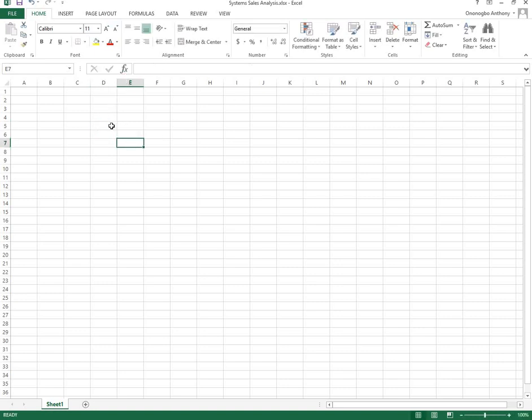So for example, let me just enter a function manually here, say equal sign 2 plus 2, and I hit enter. So you see 2 plus 2, enter. You see it shows me up here, and if I want to enter this 2 plus